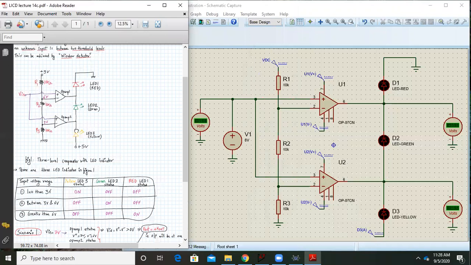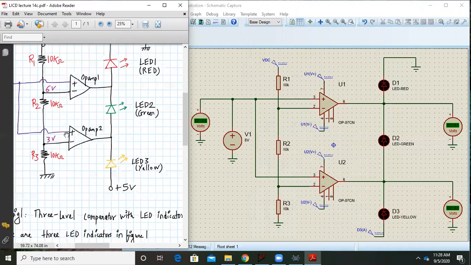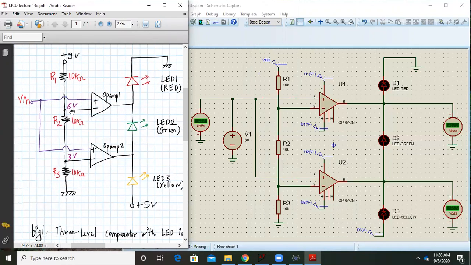Okay, so we'll keep this window on. Yeah, so this is the same circuit as we have described on the left hand side, on the right hand side. Here, V1 voltage we have applied, for example, 8 volts. Here are my 3 resistors R1, R2 and R3 of 10 kilo ohms each. My op-amp I have selected as OP07. Op-amp 2 is also OP07 and this is my red, green and yellow LED. I've just connected a DC voltmeter to check the voltages.